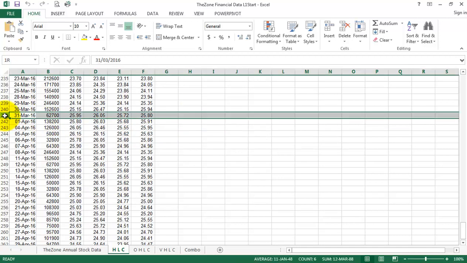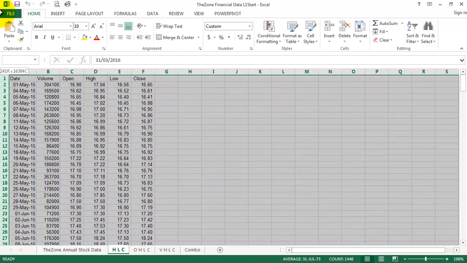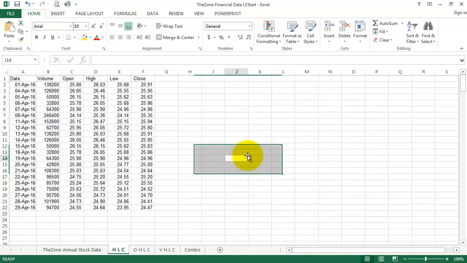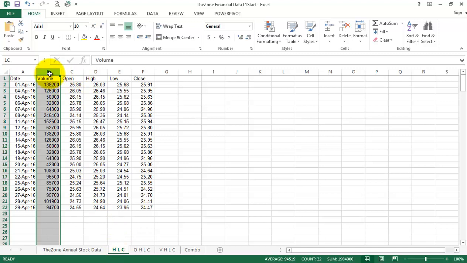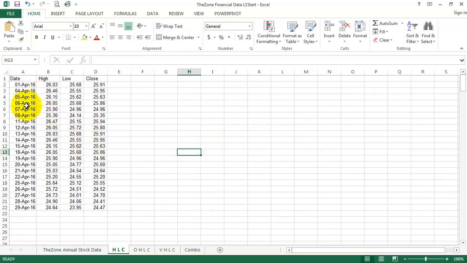You can actually touch where I'm pointing right here, which is on the border here, selects the entire row all the way in, and then select all the way up again to the top. So let me just do that. Then, once I've done that, I right click and I click delete. And there it comes back. All right. Now I want the high, low, and close, so I don't need the volume and open. So I'm going to click B and C, right click and delete. Okay. So I've got the date, the high, low, and close,